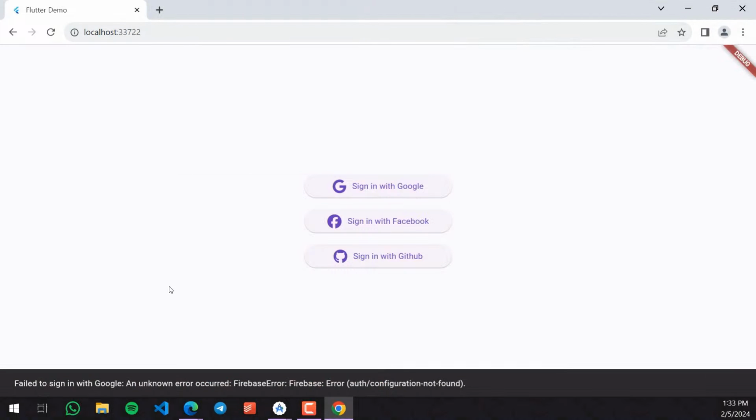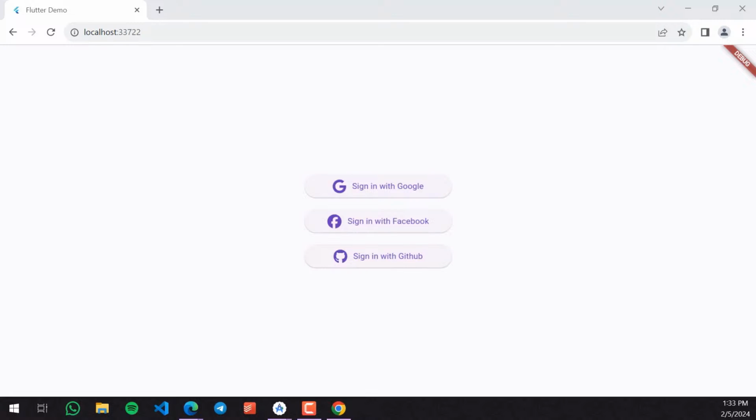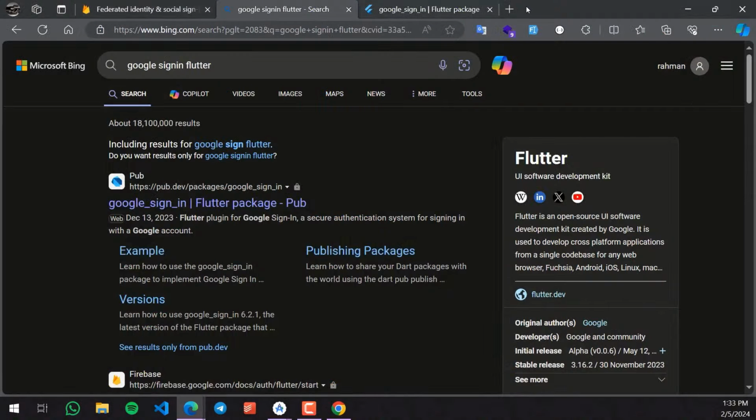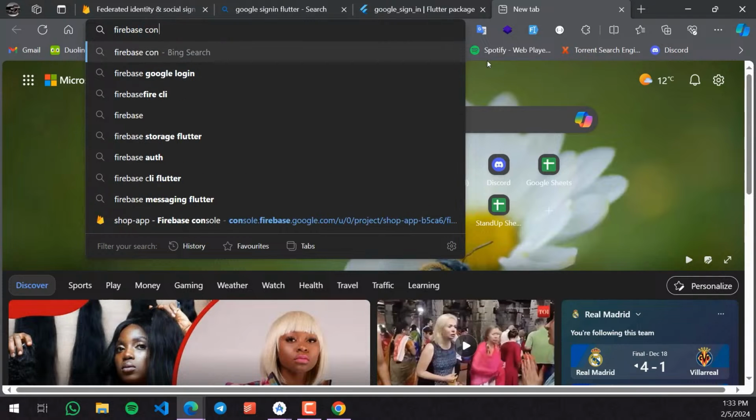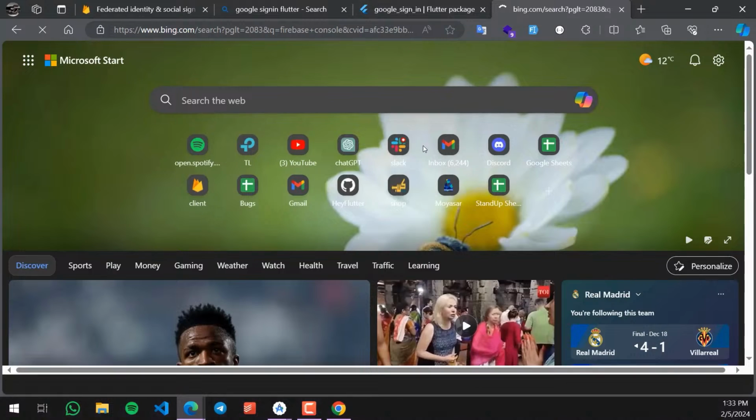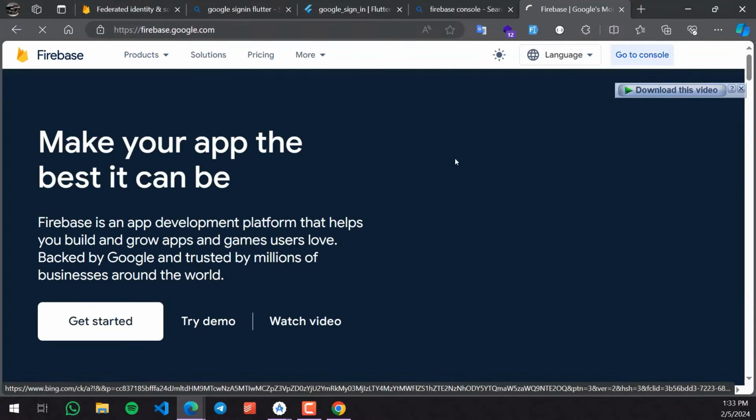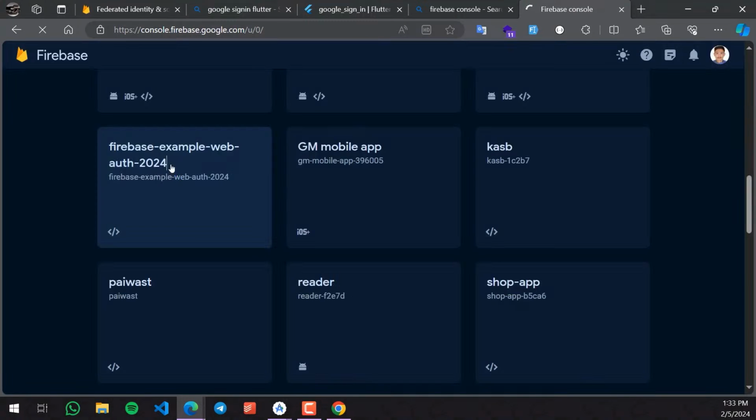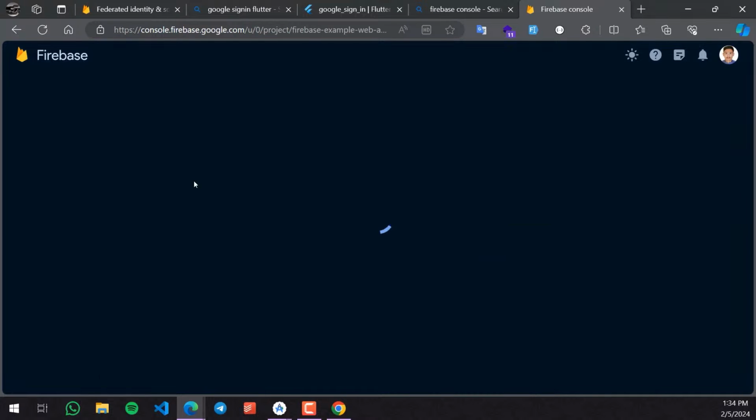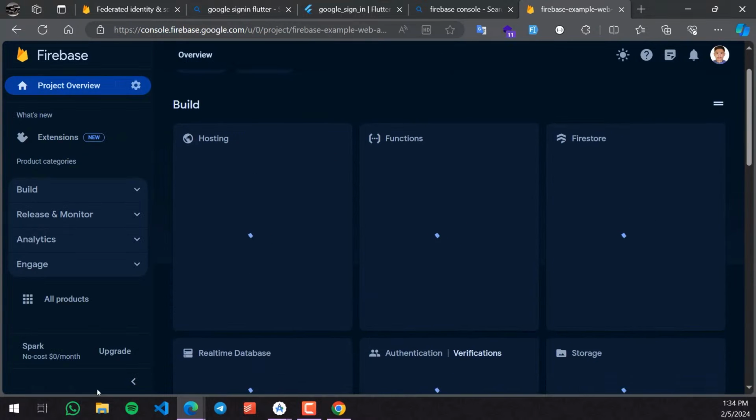So I just stop and restart the application. It showed that you have not configured Google. So I go to the Firebase console to set up Google. I click on the console, and in the list of projects, this is my project. I click on that and it opens,